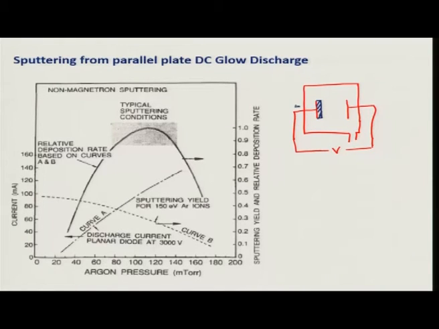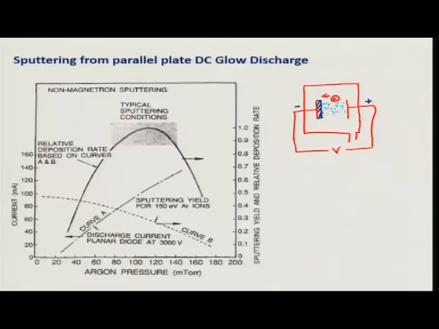So, this is cathode, this is anode, and we will have plasma in between, with different regions of plasma: cathode dark space, cathode glow, cathode dark space, and negative glow. These are the essential parts of the plasma which are considered. If you have this distance very large, then you can also have a positive column. Now, in this geometry, the positive ions are being accelerated towards my target or cathode, resulting in the sputtering process from the target.